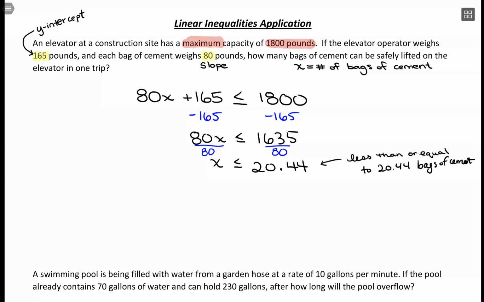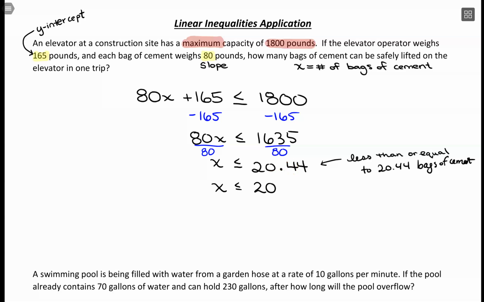So with that, what we could do is round. We'd want to round down, just because of rounding rules. The 4 would tell us to round down to 20. So what we could do is round this to a whole number,